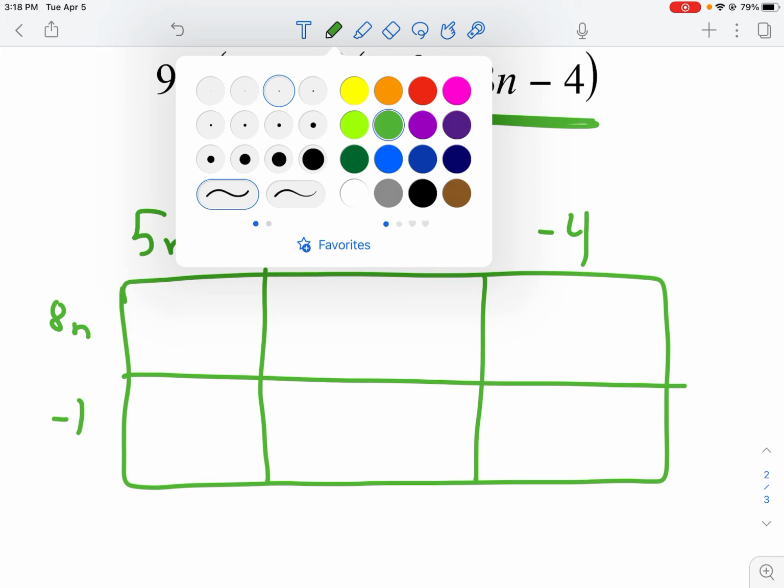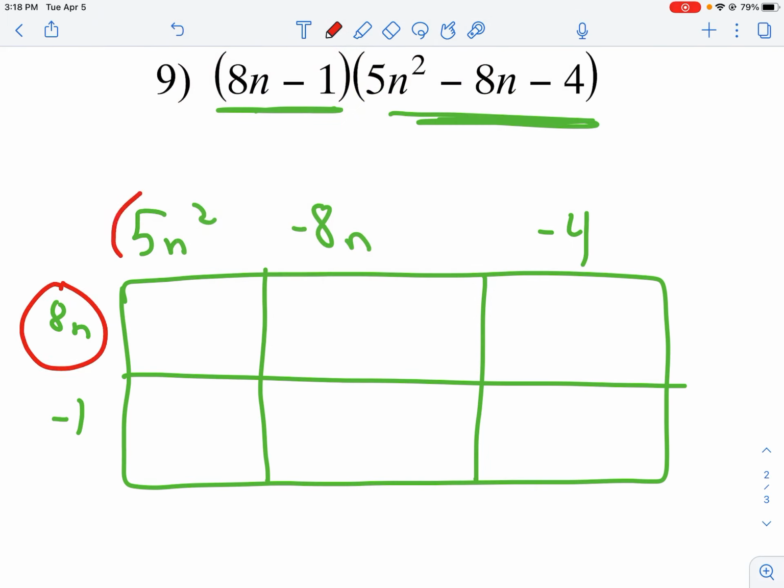The process is the exact same. 8n times 5n squared. Now this just got to be detailed here. 40n to the third. Our property of exponents tell us to add exponents when we multiply like bases. Bottom left, I will get,